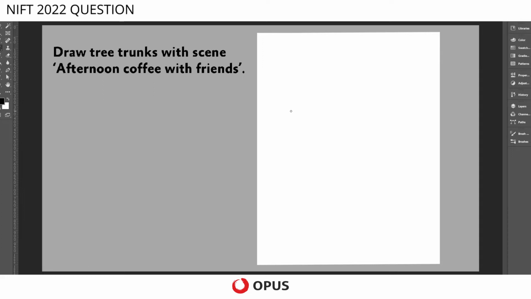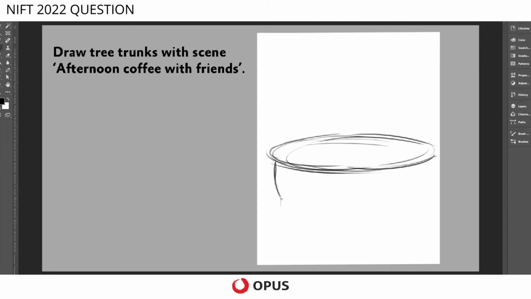Here we are going to solve this question which states: draw tree trunks with scene afternoon coffee with friends. So we have to combine these two subjects, which are tree trunk and coffee with friends. It's all about how you perceive the question and how creatively you can use both elements in a given scene. So suppose I use the tree trunk to construct a coffee table, a very large coffee table in itself, whose base is nothing but